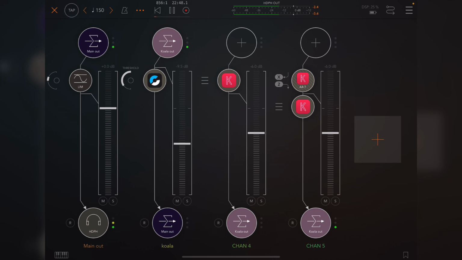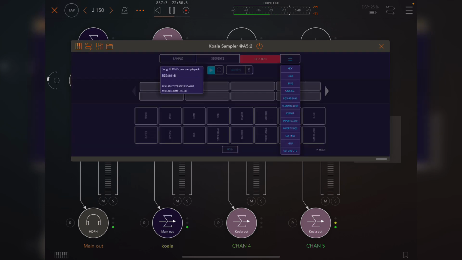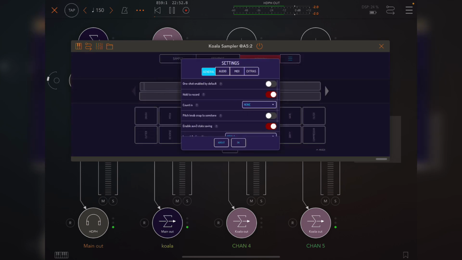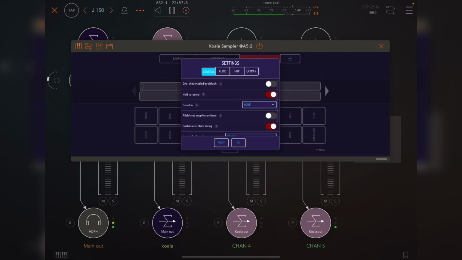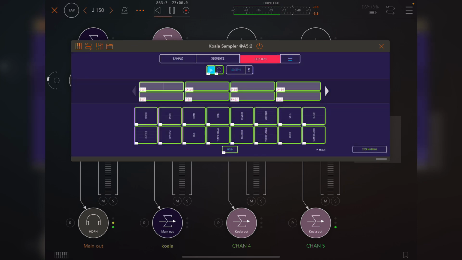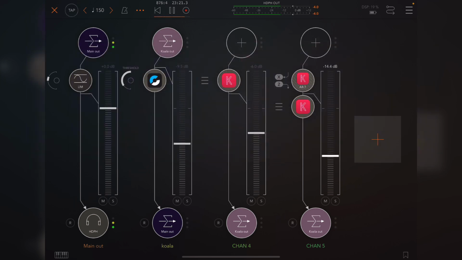And for that reason, I no longer use the MIDI mapping inside Koala for the effects mapping. If you look here and you look at my MIDI mapping, you see all of these effects are not mapped. I do use it for sequence maps and obviously for pad maps, but you see that these mappings are fixed to a particular channel. So you can't easily separate instances of the effects channels using